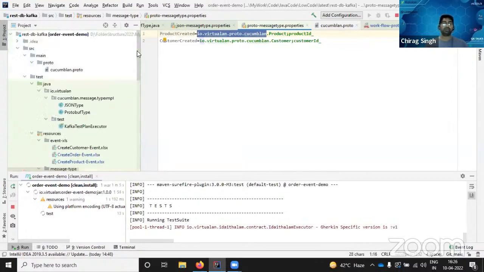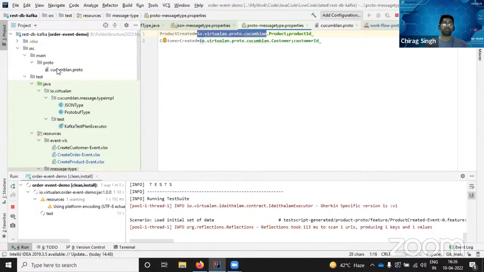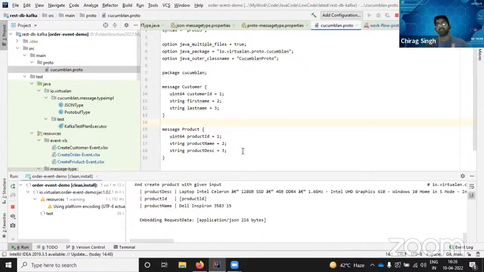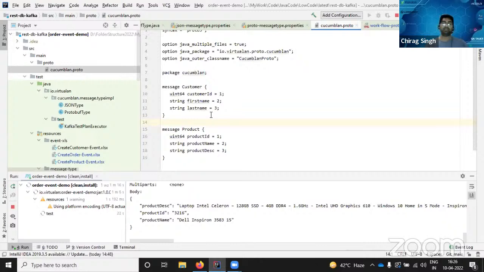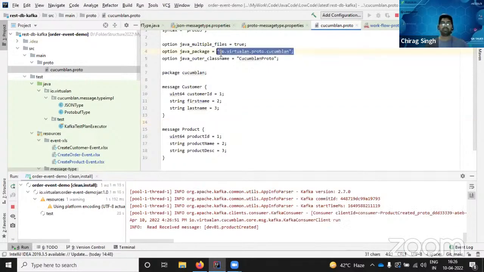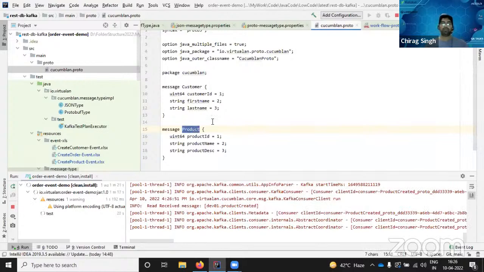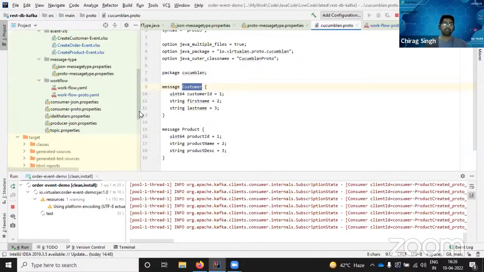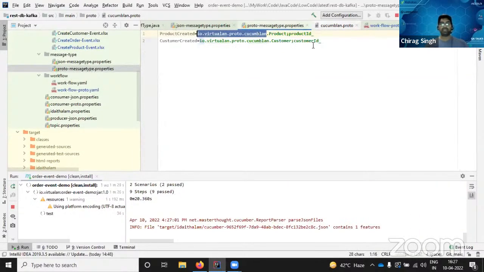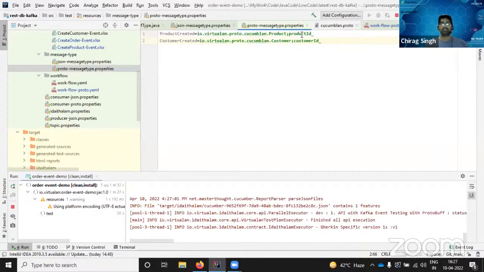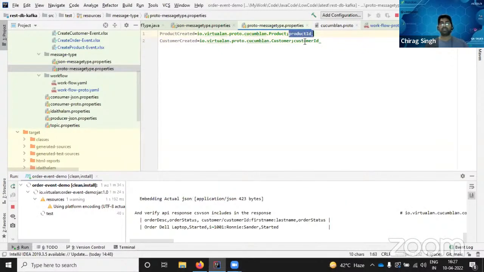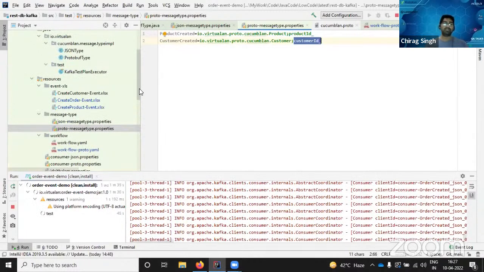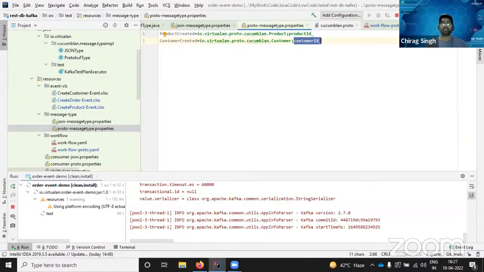And what is a proto file? The proto file is put under test. You can see a proto file, and this proto file is given by the contract team or the dev team. This is the package name, and this is the message for the product and for the customer. If I go to that file again, the proto message type, you can see both here, and this is our JSON path for the product ID and the consumer ID. So this much configuration you need to do, and then you just need to start by clicking